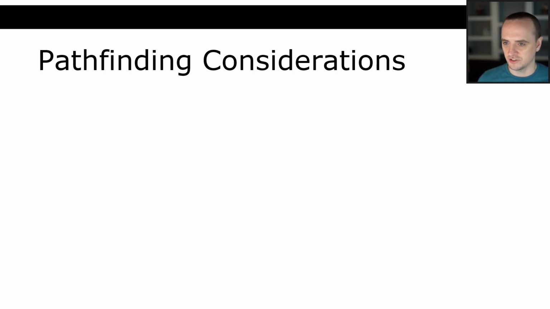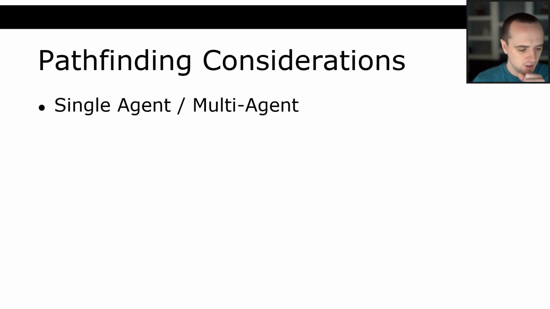Well, there are some considerations that you have to make before you start choosing the algorithm or implementing the data structure, etc. The first one, in my opinion, is whether the pathfinding problem is going to be a single agent problem or a multi-agent problem. I'll show some examples of this. For instance, is there one NPC trying to get to me, or are there a bunch of NPCs trying to get to me? An algorithm that might be good for a single agent, like the A star search algorithm, might not be good for multi-agent, right?